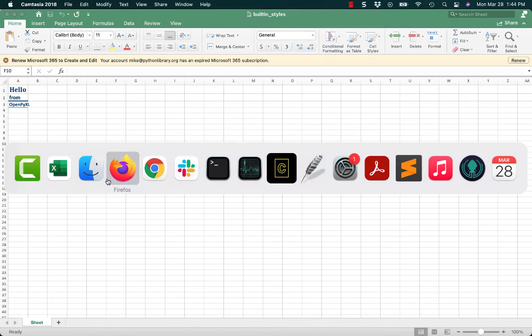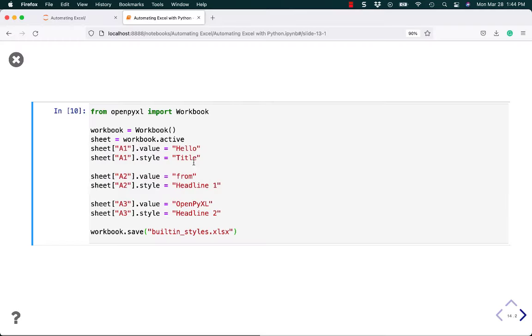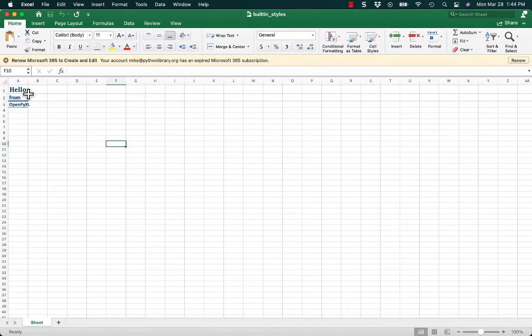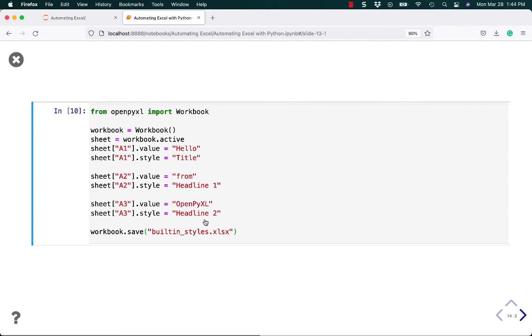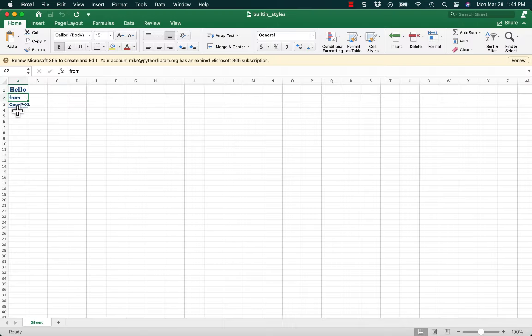So the first one is title. So this is a title case. And then we have headline 1 and headline 2. So headline 1, headline 2. If you look at the font size, you first see the first one, the title is 18. Headline 1 is 15 points, and this one is 13. So you kind of play with that to find out how you want your spreadsheet to look, and just use